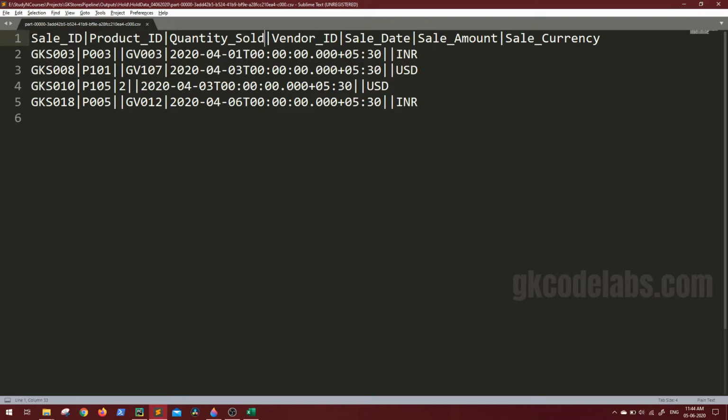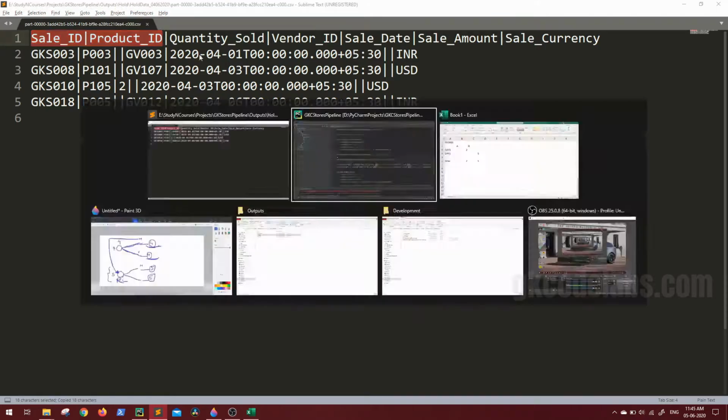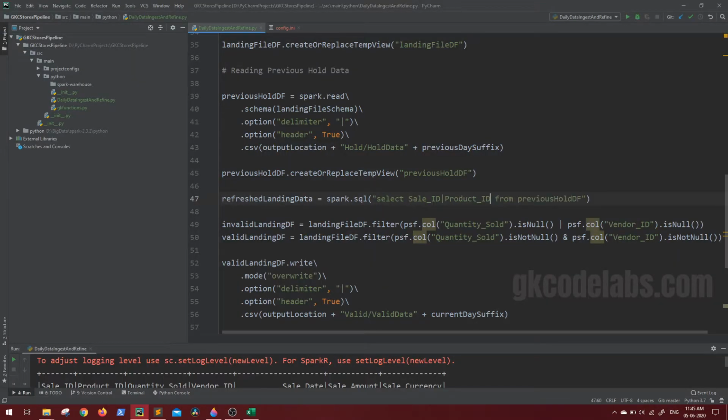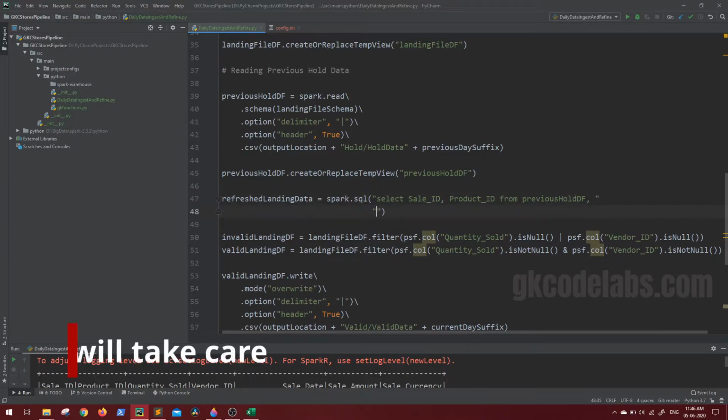So we'll take all these columns, sale ID, product ID, as they are. We will remove the star, put sale ID, product ID, and we'll remove the from previous. Now let's see from where we have to gather this. And to properly beautify the query, you can easily press enter here. So PySpark will take care of all the indentation and everything.